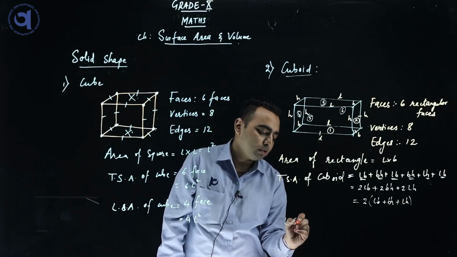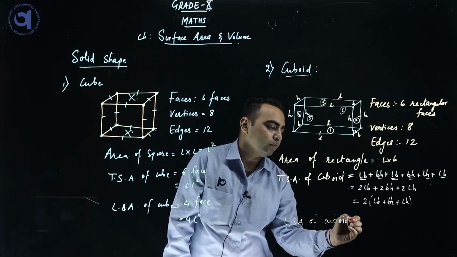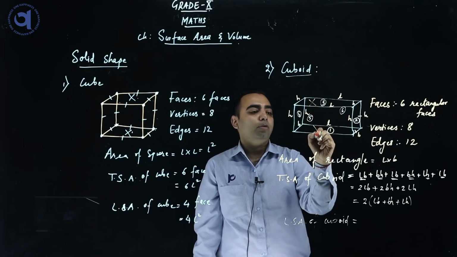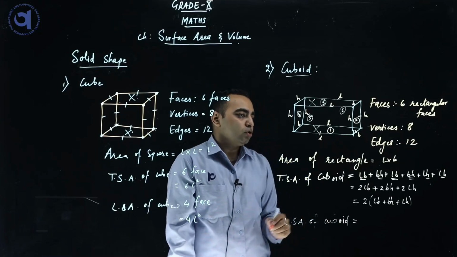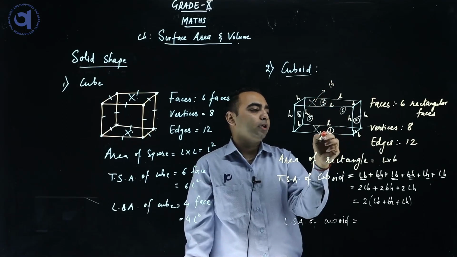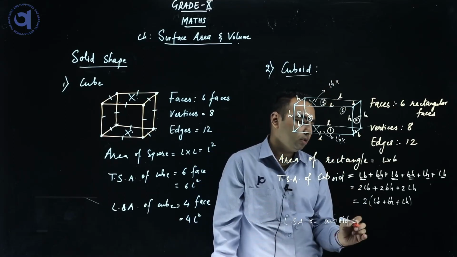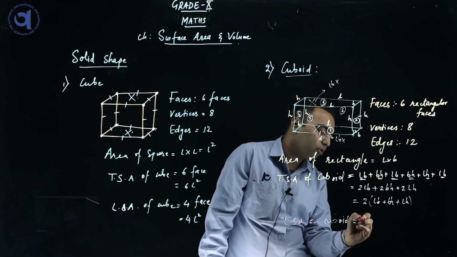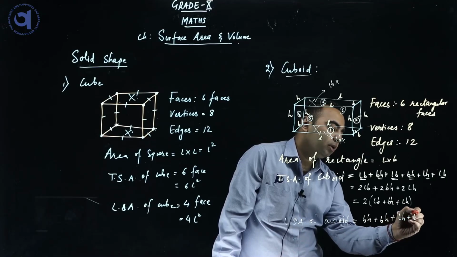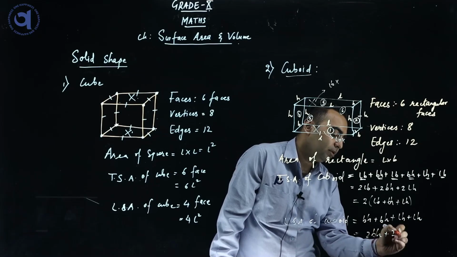Now what about lateral surface area of cuboid? As I earlier told, lateral surface area means we are removing the top and the bottom part from the figure. So if we are removing this first and third part, what is the formula of this one? That is LB. Here also that is LB. So this 2LB we will remove from the original one. If we remove this LB and LB, what will remain? BH, BH, and here LH and LH. Now we will take this as 2BH and here 2LH.